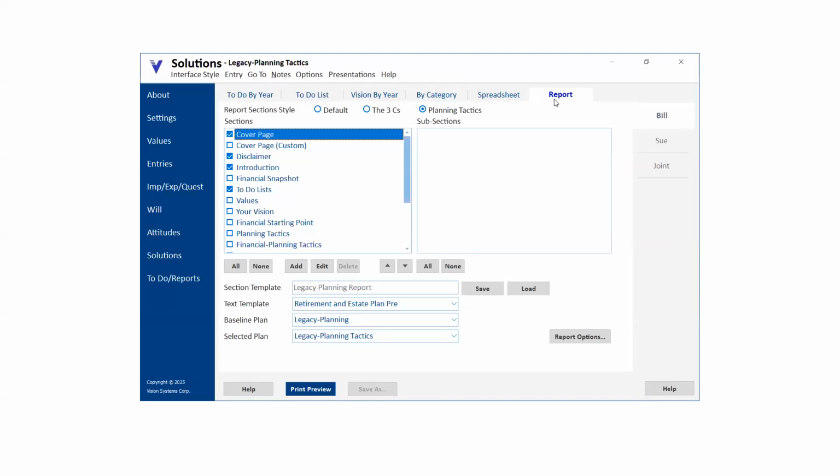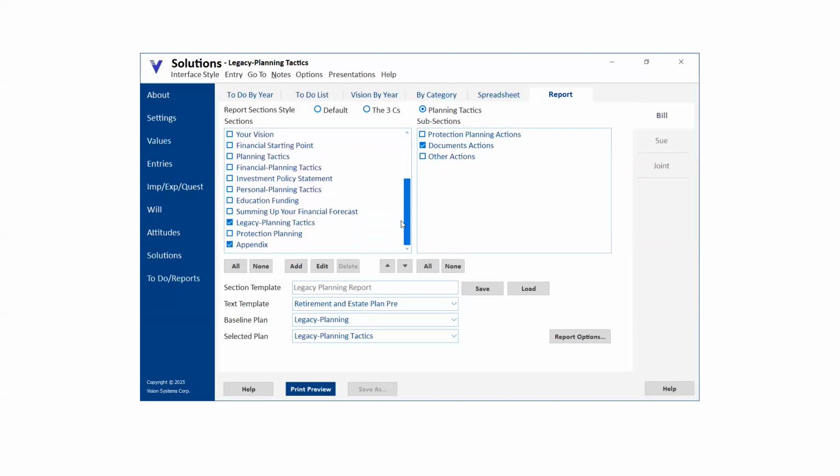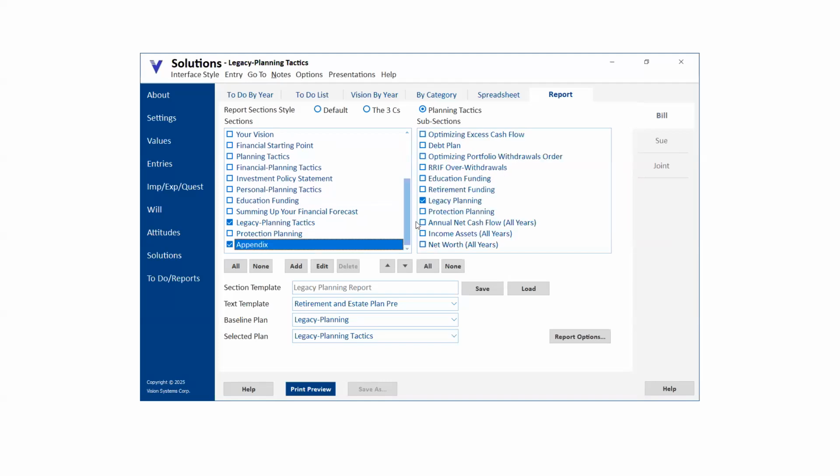So yes, you can include the legacy planning output in a full report, or you can select sections that are pertinent to legacy planning. So the disclaimer, the introduction, the to-do list with just document actions, and then down here, the legacy planning tactics, and also under the appendix, just the legacy planning